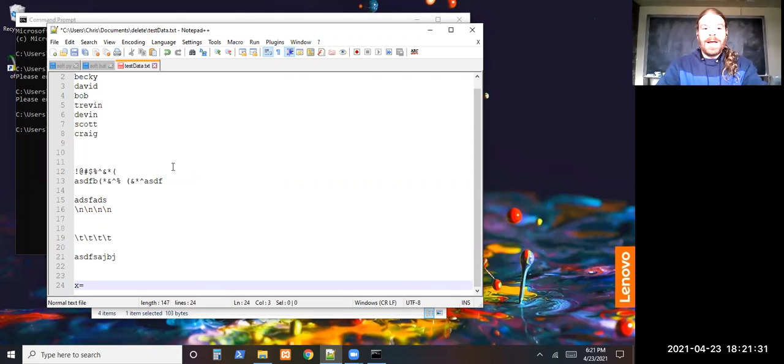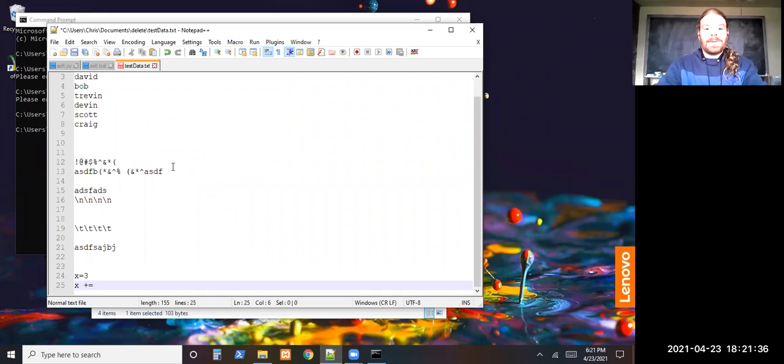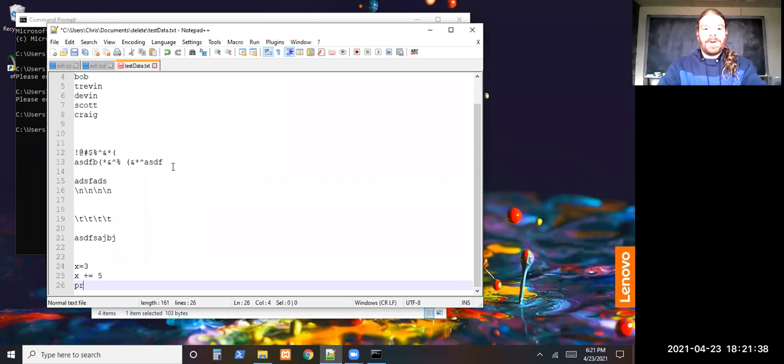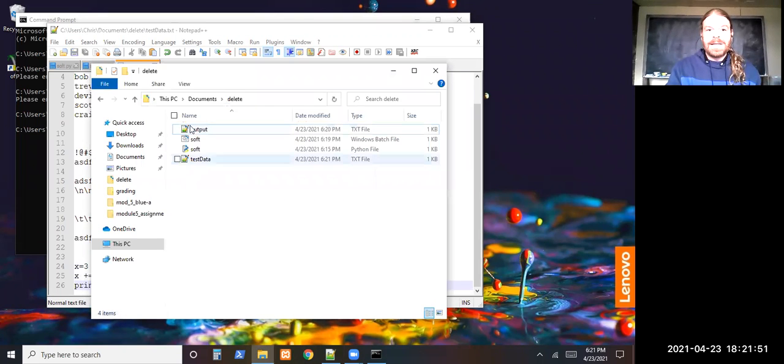X equals 3, X plus equals 5, and X. And all this is just going in as test data so that we can run that batch file over and over and over again